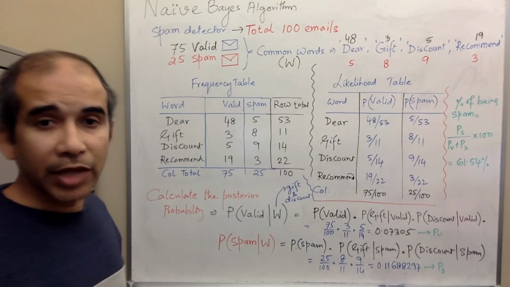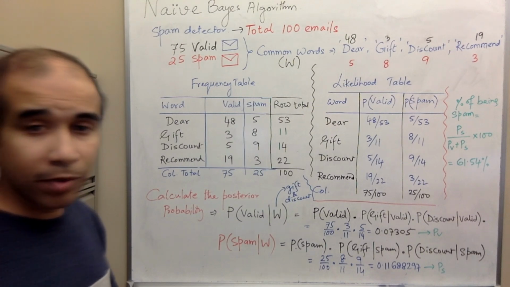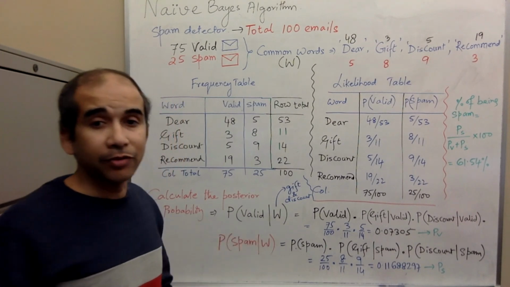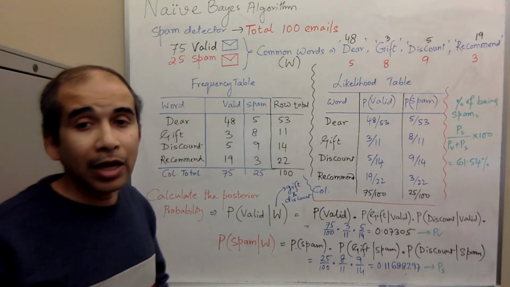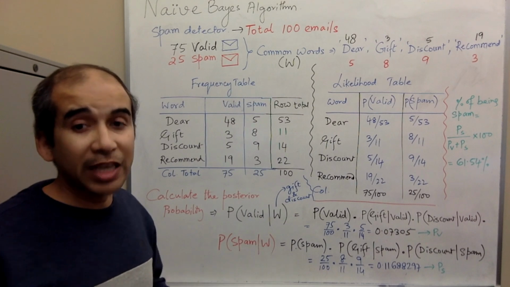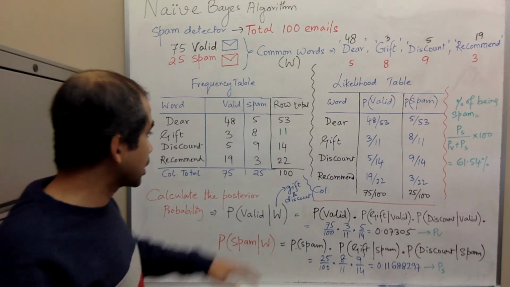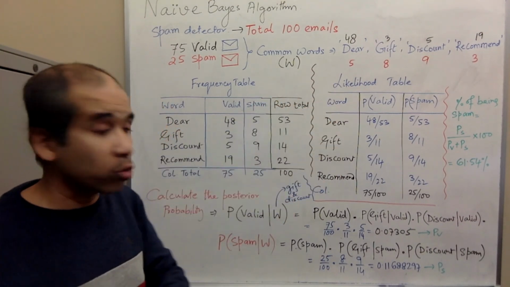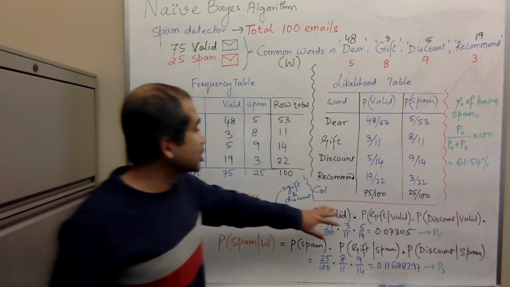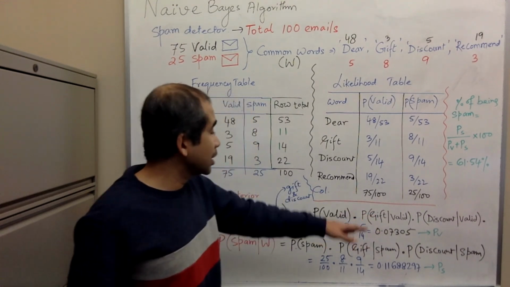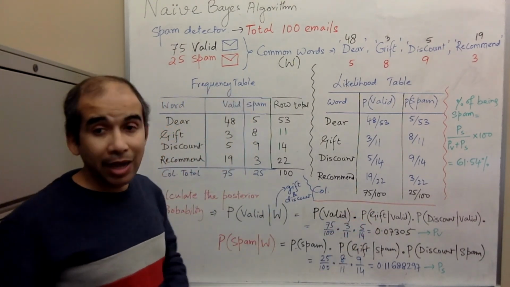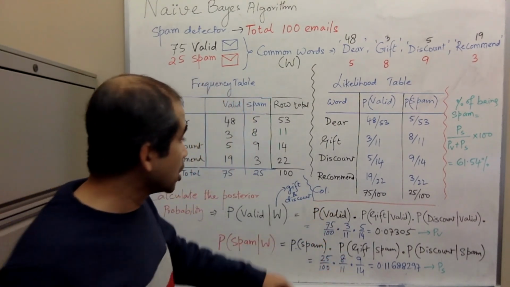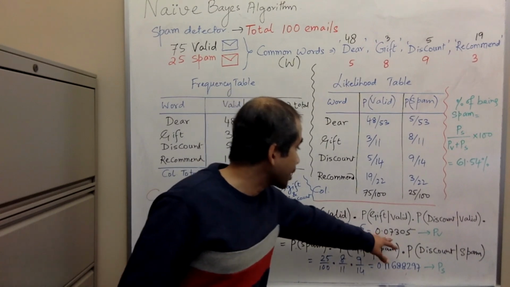We have changed what we want to determine a little bit. We are now saying that, okay, what is the probability that an email is valid or spam, depending on the occurrence of 2 words, gift and discount in them. Okay, gift and discount. So this W now does not represent all the 4 words, but 2 words. So what we did, probability of gift given it's valid, and probability of discount given it's valid, times the probability of the email itself being valid. We have multiplied all of them and find the probability is